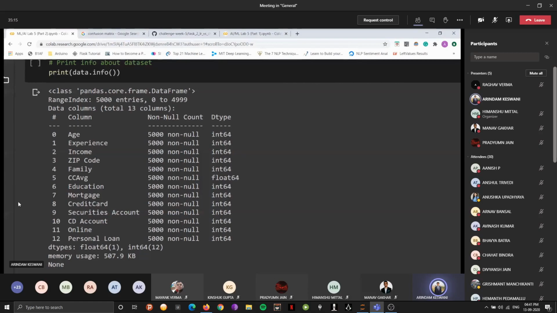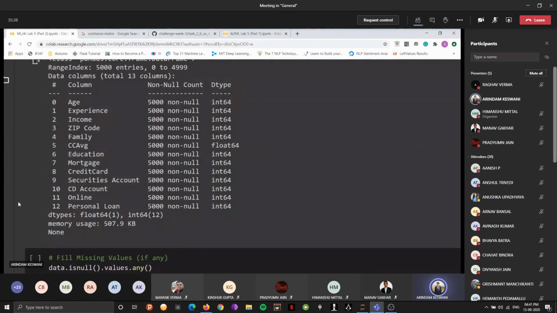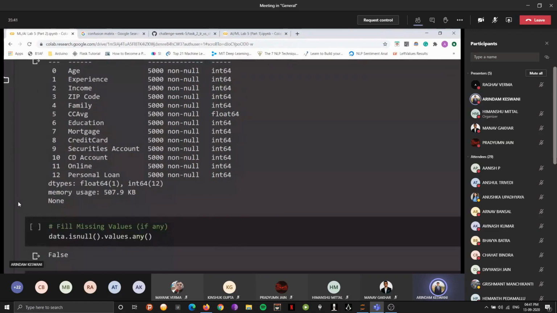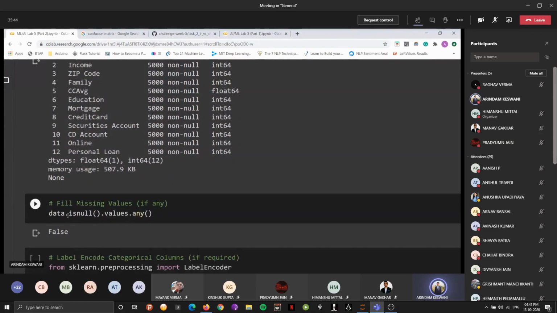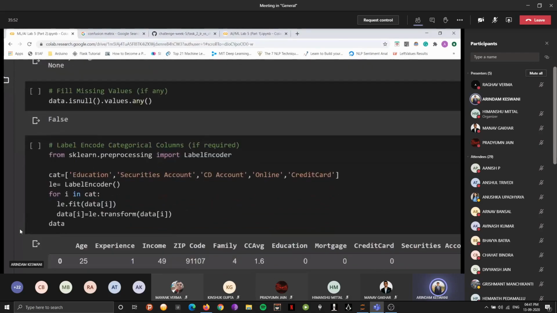Fortunately, it worked, but that might not be the case with every single data set, because what mostly happens is we only consider np.nan values, that is not a number values, as null values, but that might not be the case with every data set. Sometimes elements are replaced with various characters such as question marks or asterisk marks, and these are also values that we need to consider. But fortunately, I didn't encounter them in this lab. Again, I made sure to check whether there are any null values in this data set or not, and the output was false, so I can move along very safely.